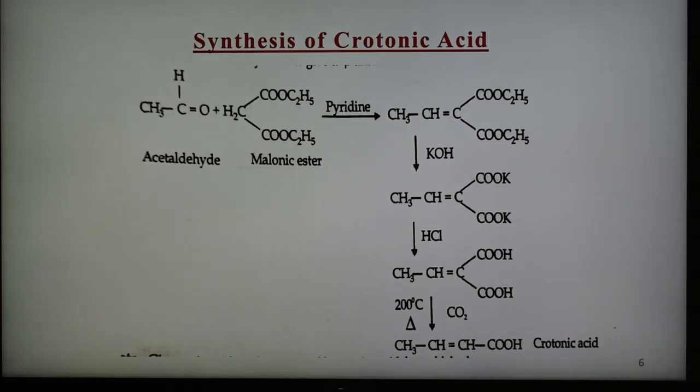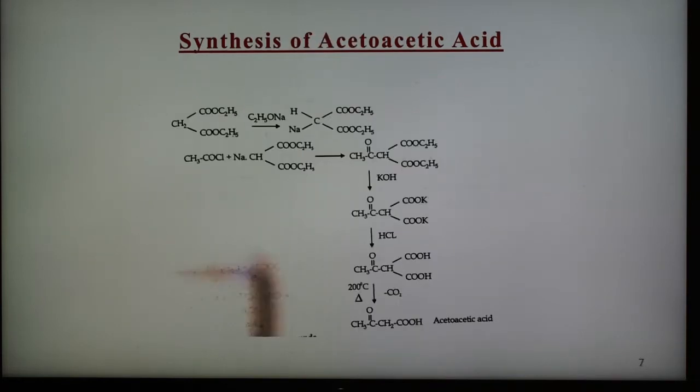CH=CHCOOH, that is known as crotonic acid. So this is the simple method of synthesis of crotonic acid, an unsaturated acid, and this is the compound which is synthesized from malonic ester. Another reaction is the synthesis of acetoacetic ester, and in this case we have to take